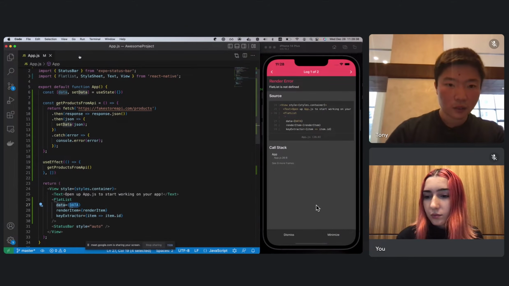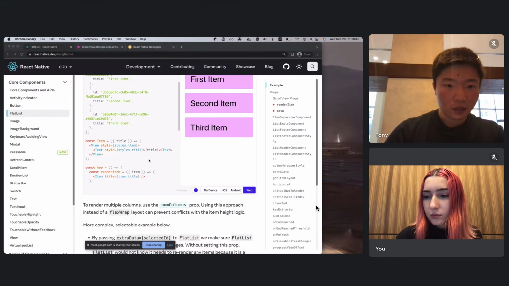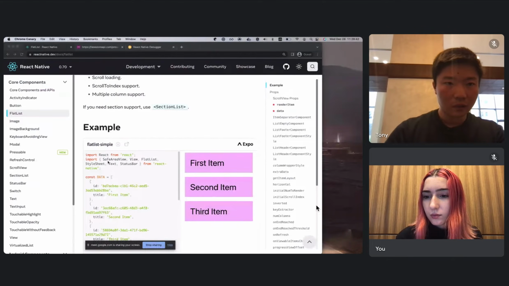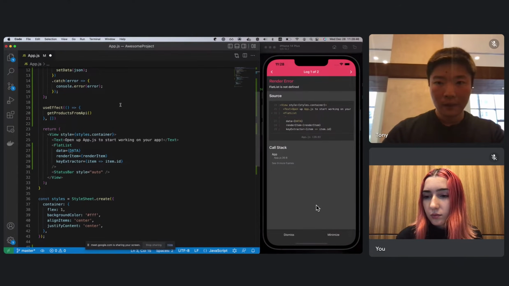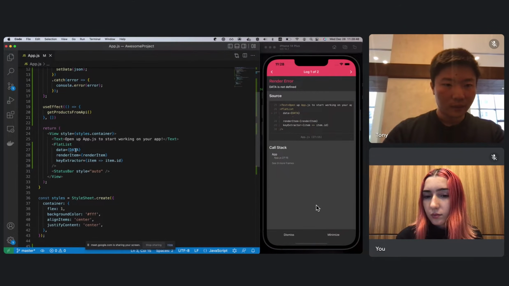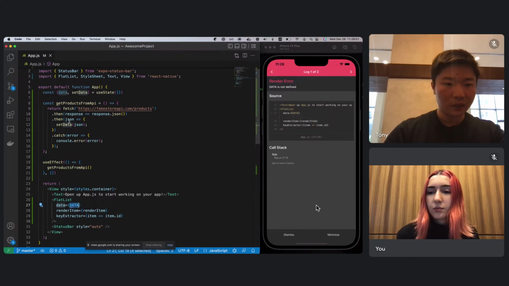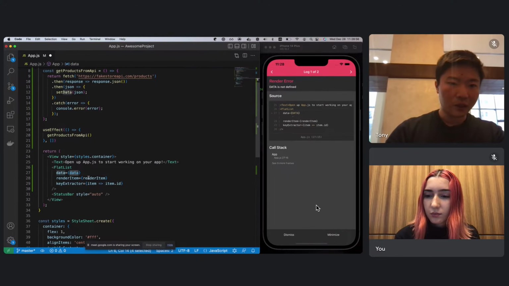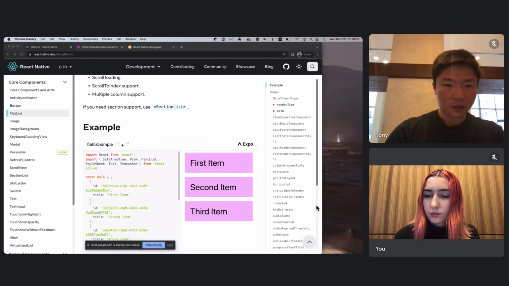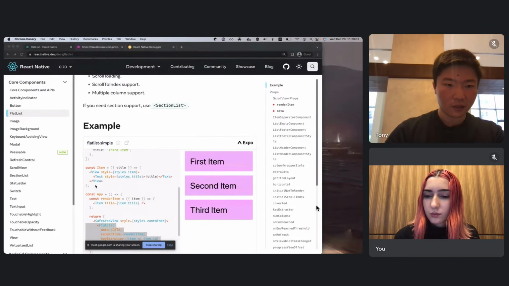Sorry about that, that's my mistake. Okay. And then here the data, we're setting the data to be this. We also need the renderItem, which is the component that renders each item that comes through.